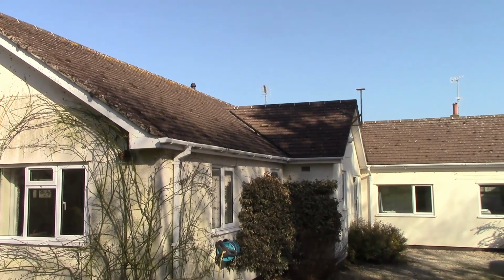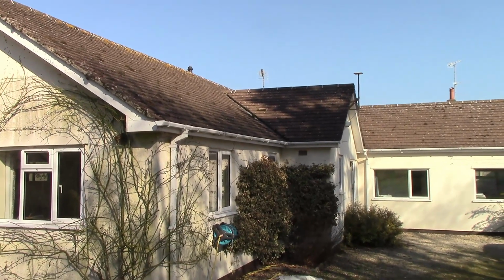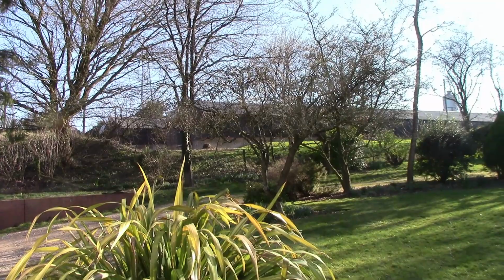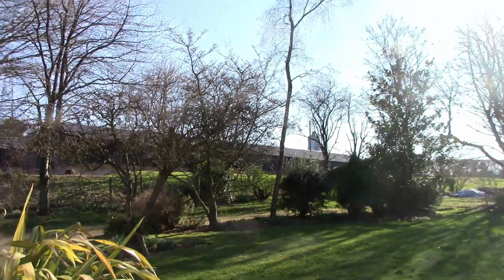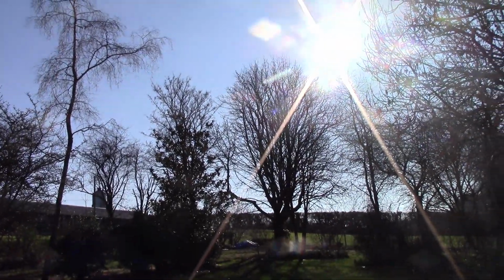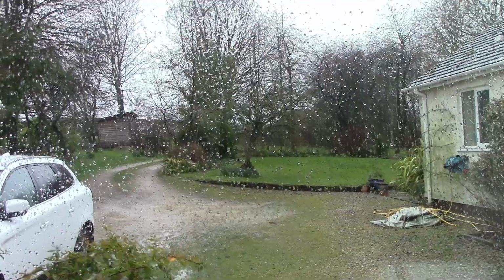It'll get worse when the trees get in leaf in the spring, but on the other hand the sun will be higher in the sky, so I think we may escape. Later in the afternoon, it's nearly 2:30 now, the sun seems to have got up far enough so it's above the tree. Well, it's a miserable, wet, overcast day,